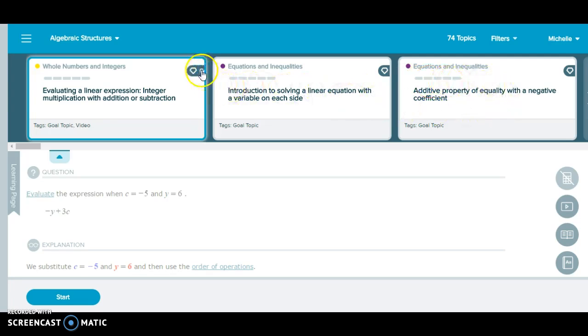So I want you to notice that this problem right here, it says whole numbers and integers. That's the topic, and this is the objective here. It says evaluate a linear expression, integer multiplication with addition or subtraction. So up here in the upper right hand corner, it looks like a diamond, it says goal topic. So if I click on this problem here,